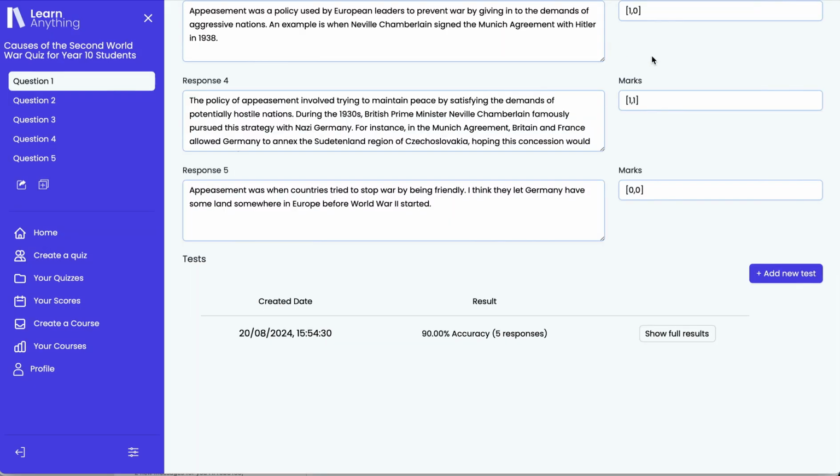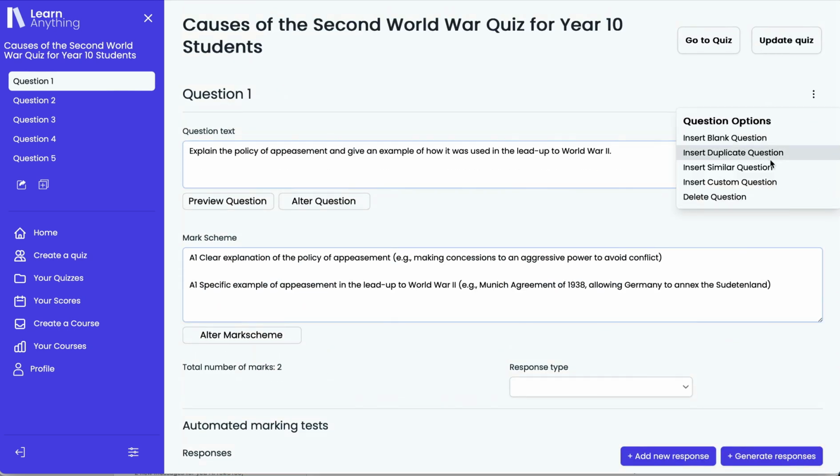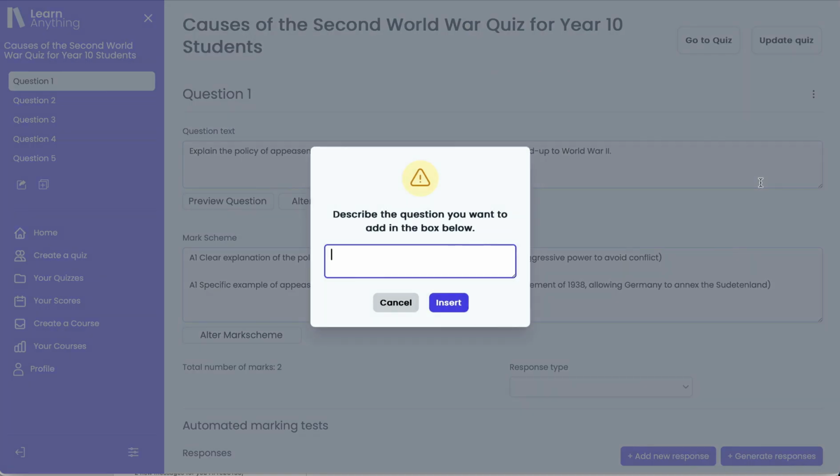Let's try this with a different subject. We'll try a maths question. So I can add questions to my quiz, blank questions, I can duplicate a question, I can create a similar question, but here I'll create a custom question